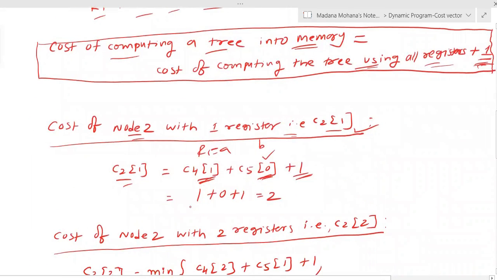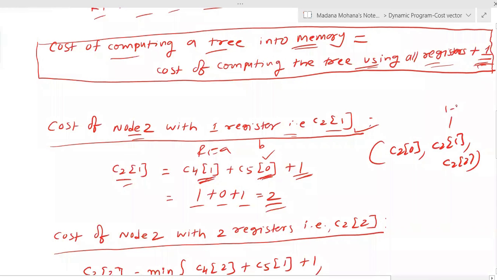Now here you can see 1 plus 0 plus 1. Now we'll get 2. So that is what is in the vector C2 of 0, C2 of 1, C2 of 2. This is with 1 register, this is with 2 registers, this is memory. Now we are finding cost for one register. Here what will we get? Value 2. Now this value 2 we obtained.